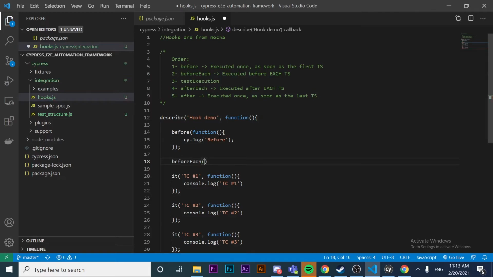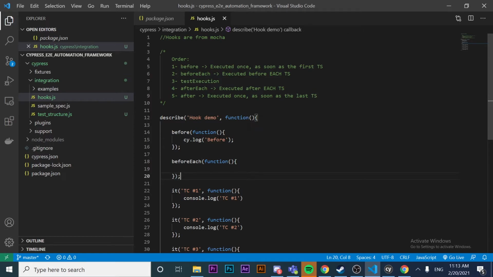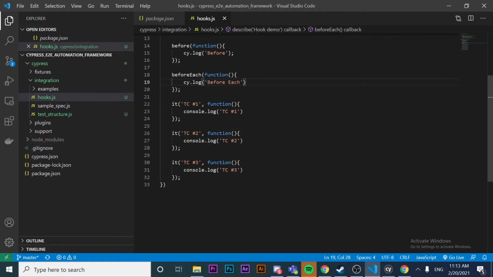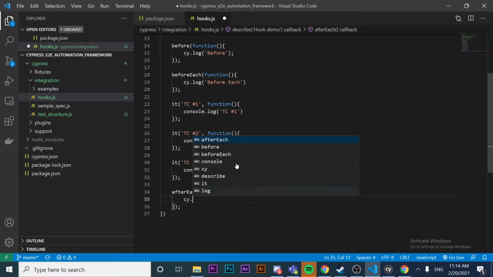We're going to have another function here with a callback function, and we're going to specify in the log that this is a beforeEach function. And then if we want to, we can specify at the end, or actually, in line 21, but I want to do it here. afterEach is going to have a function, and you will see that we have another callback function inside, which is ci.log